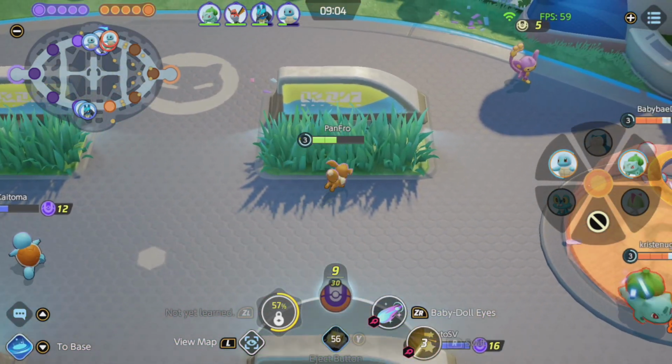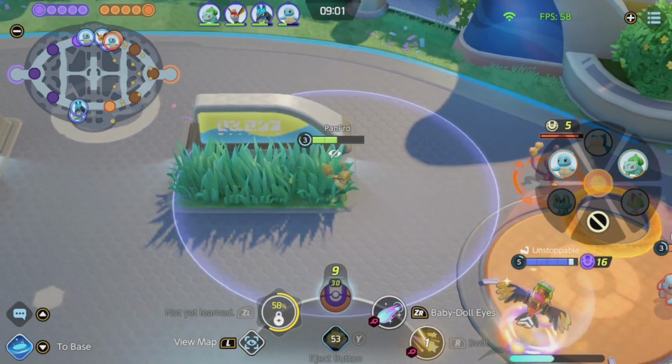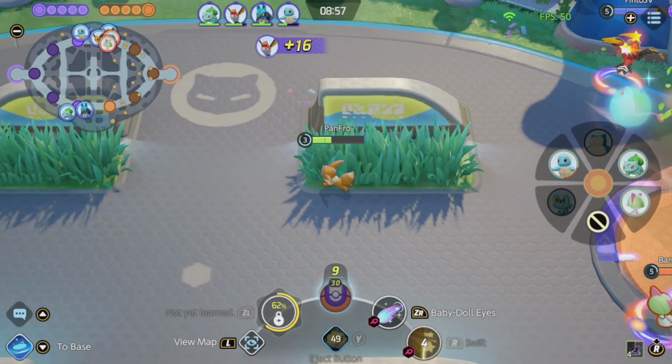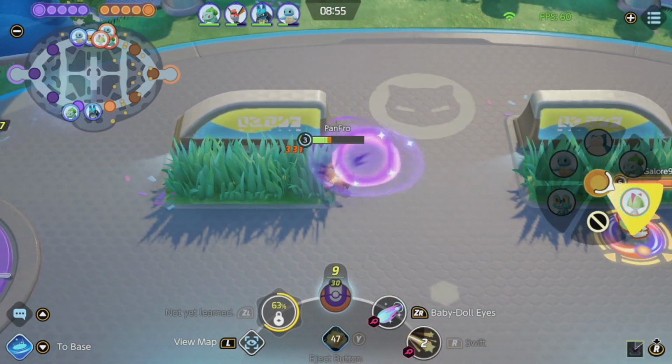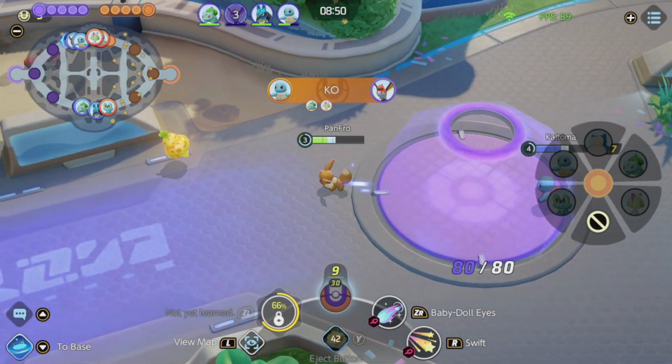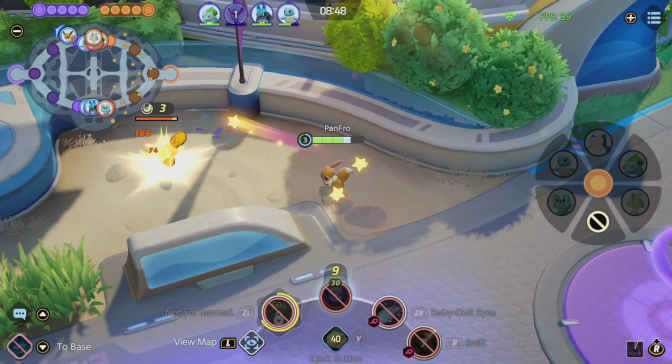So those are our 3 viable builds. I do not think Draining Kiss and Hyper Voice is viable. I think they're completely opposite moves for each other personally. I just would not try it out. You can test out the other 3, but Calm Mind is a necessity in my opinion, and then Hyper Voice